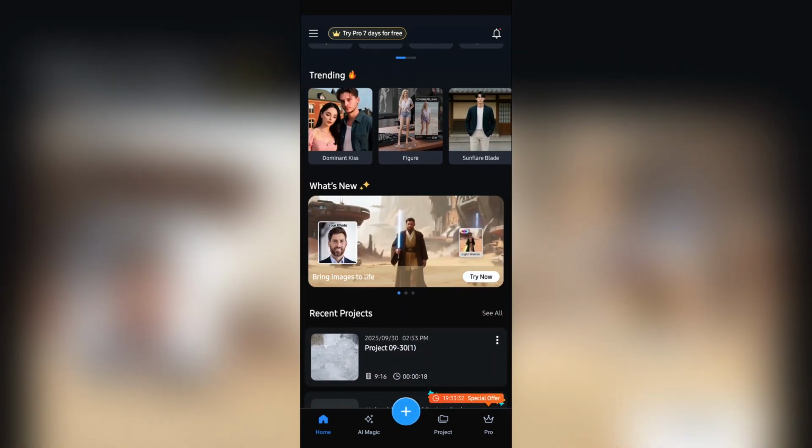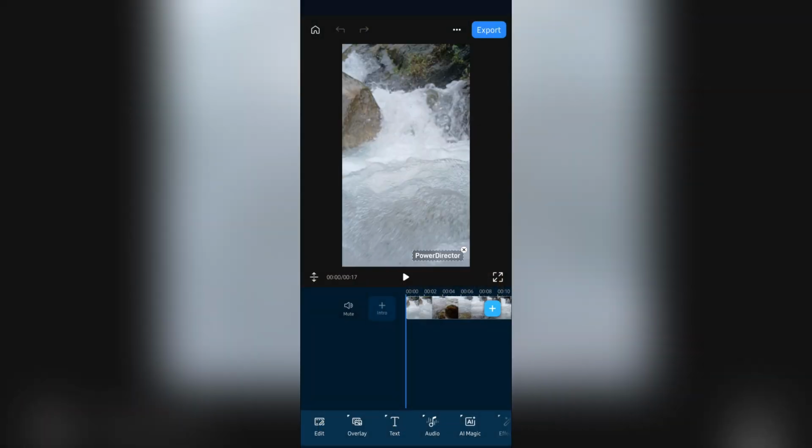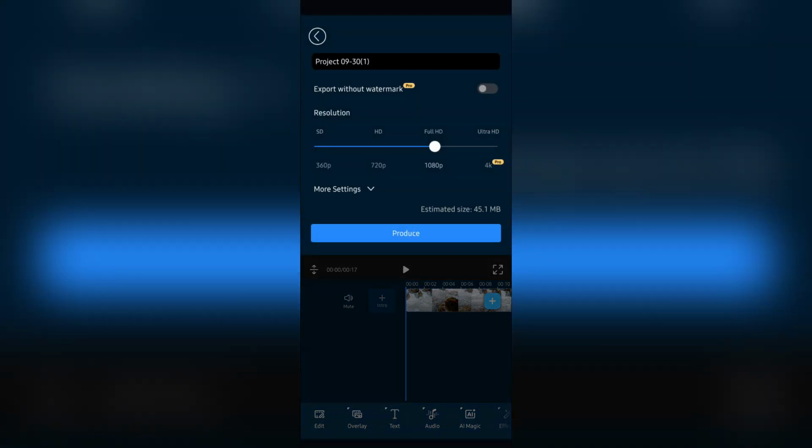Now I am going into my draft project here, and after coming into this page and finishing the edit, you will get to see this export button in the top right corner. Simply tap export, and then after that you can choose resolutions from here, and you can choose Ultra HD